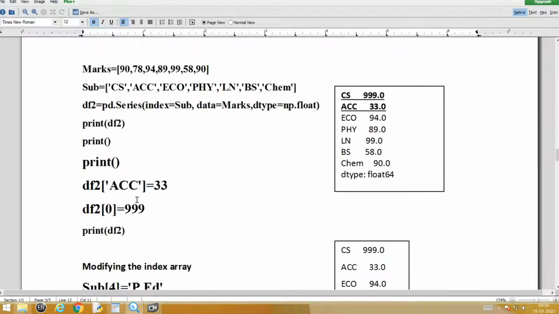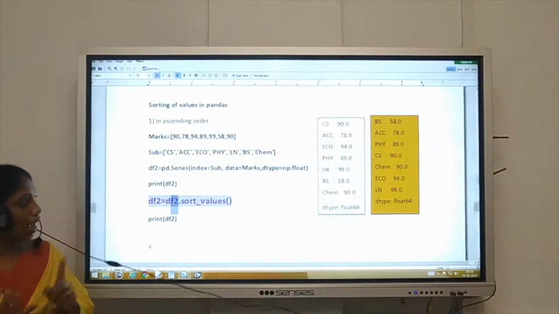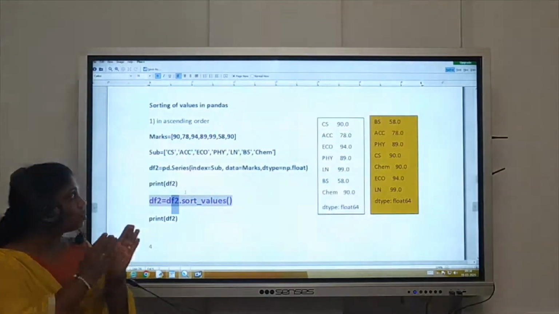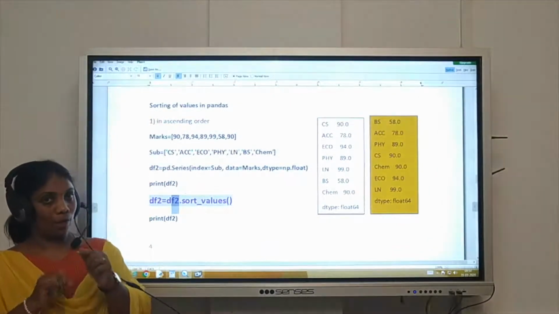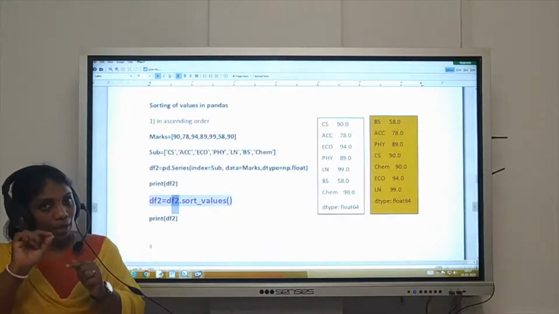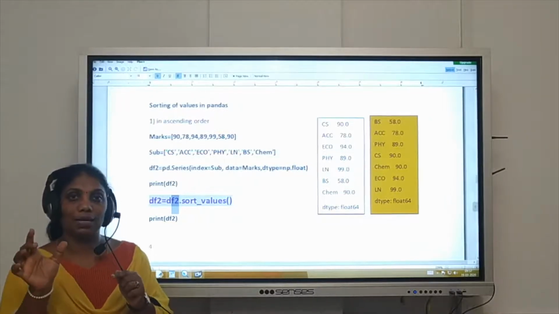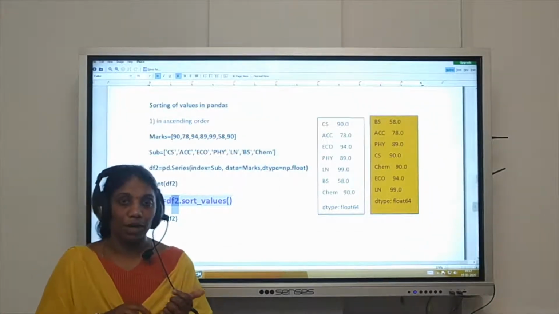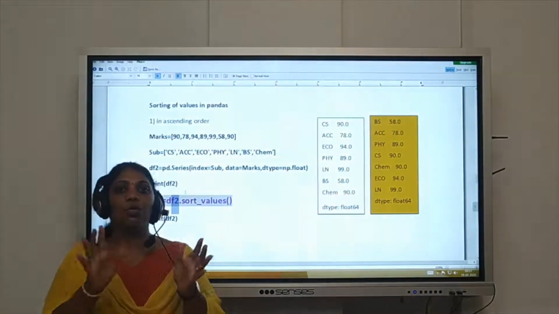Similarly, when you come to sorting also, you are not using PD. That means index, values and this sorting, all these functions are the part of the corresponding new variable which you created. Don't get confused. You have to be very clear. PD is the alias name for your pandas creation. With that, we only created a series. So PD.series. All other functions and all other keywords which we are learning are accessed using the variable to which you are storing your series.